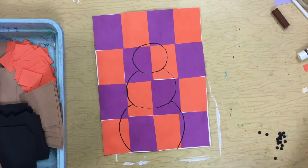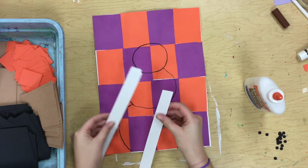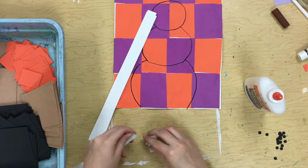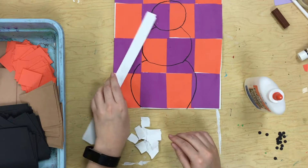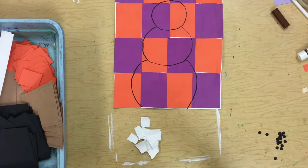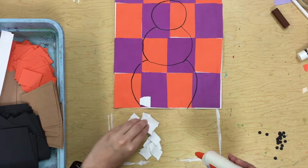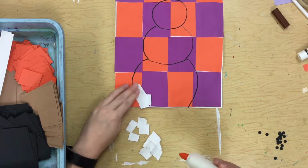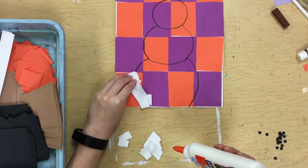So now we're going to have these white strips of papers on your table. You're going to start first by ripping them into squares. Rip up one paper at a time, and then you can start gluing them down. So get yourself a glue bottle and start filling in your first circle with those little pieces that you just ripped up. So what I like to do first